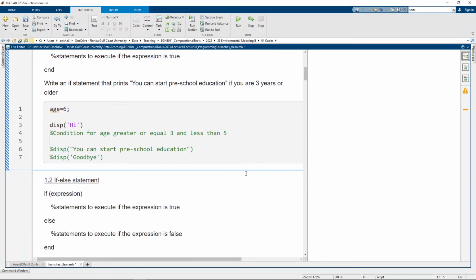So I say if age greater than or equal to 3, okay, and age less than 5, then